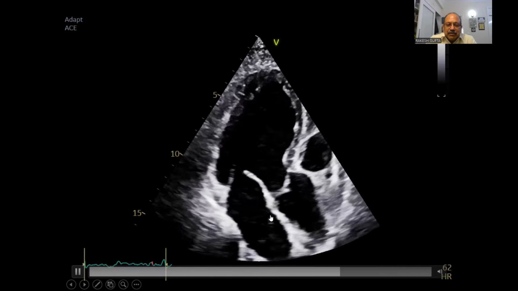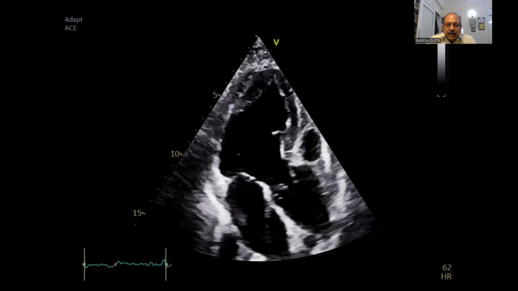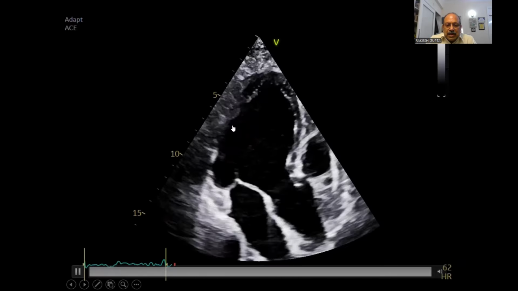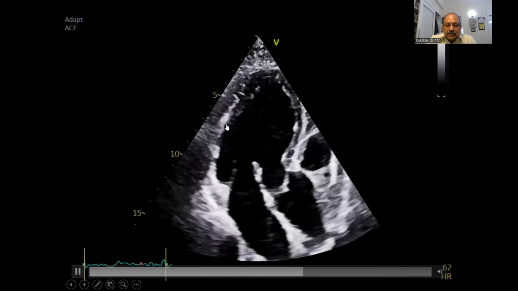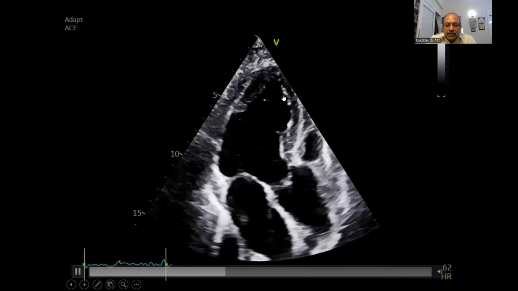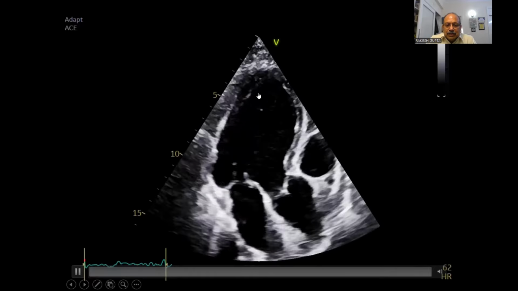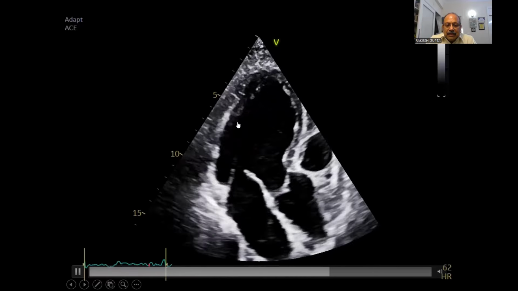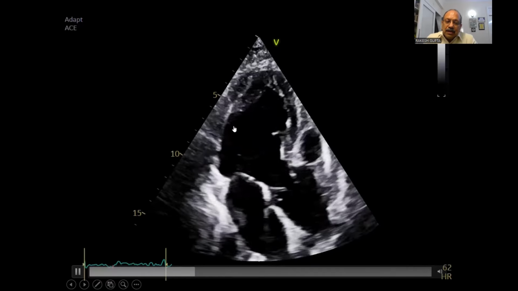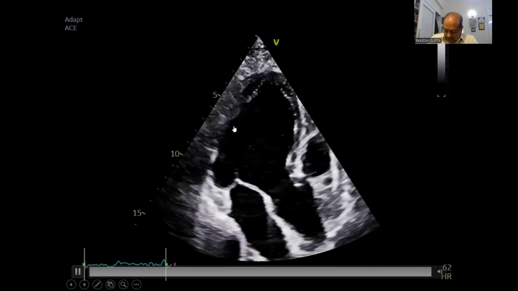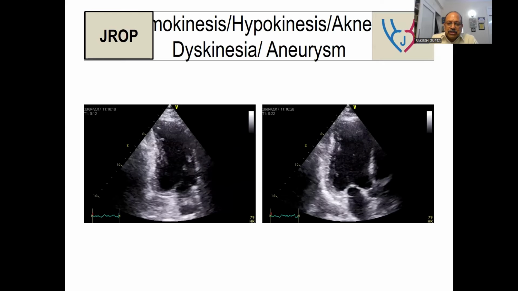Now look at the three-chamber view on the same patient. There's no endocardial thinning over here. This looks to be contracting very well. This looks to be contracting very well. And this is the basal posterior wall, circumflex territory. If I put these three pictures together,